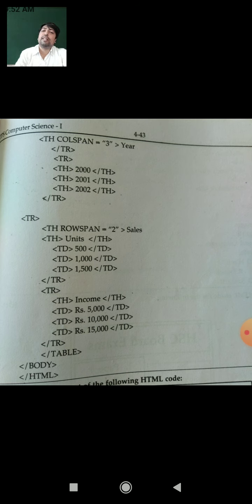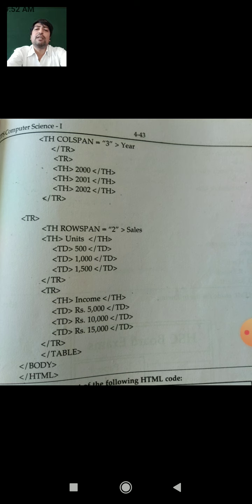We can see in the next row tr is there, th rowspan is equal to 2. The first table heading contains the data cells, you can easily see in your textbook. Then another th means another cell, the first cell of the third row.